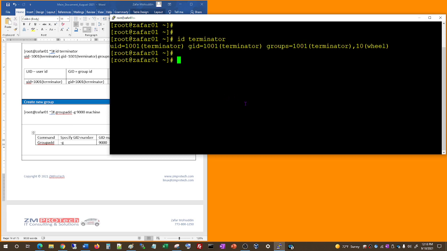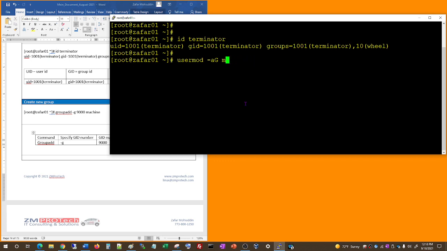So how are we gonna do it? usermod -aG. The -a means add, uppercase G means secondary group. We did usermod -g, right? When it's a lowercase g, it would be the primary group, but if it's an uppercase G, that is the secondary group. Okay, and then you could give the machine name,